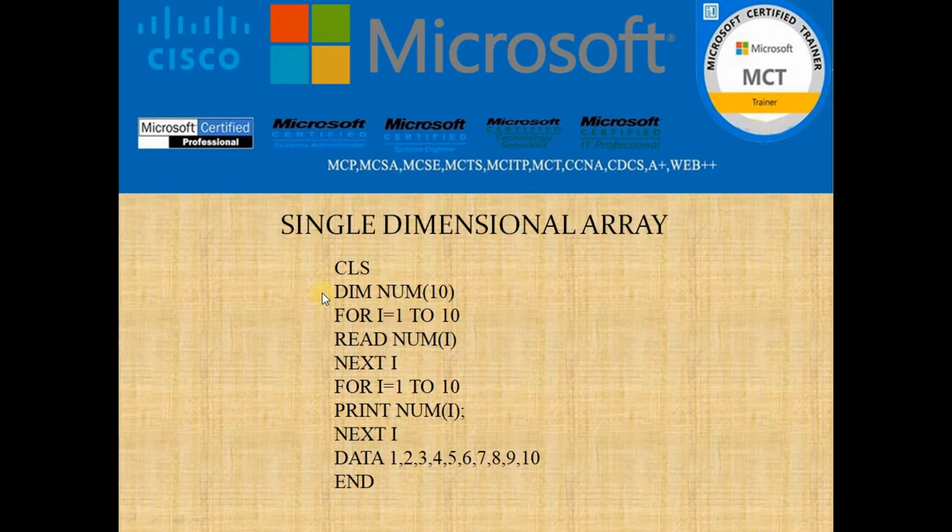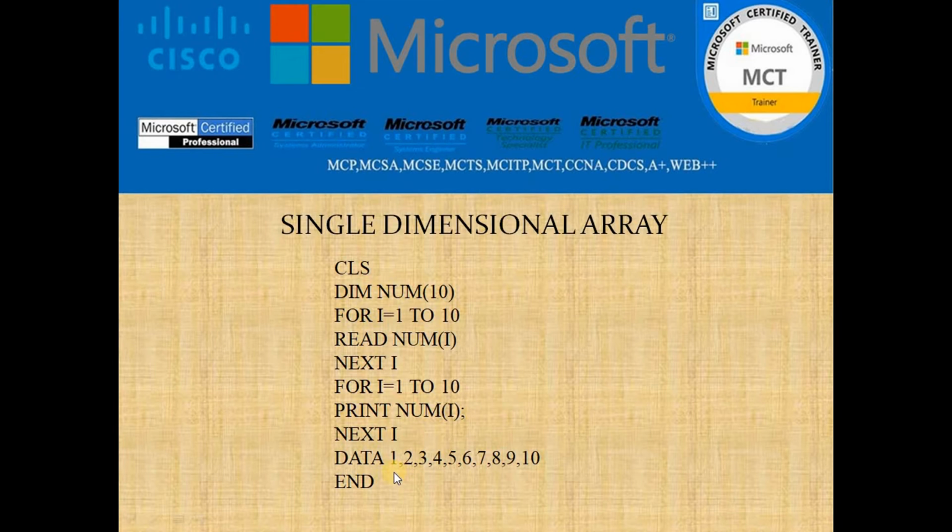Now after that, this first block of code is simply doing the work of reading. So after that, I need to go for the printing as well. So that's why for I equals 1 to 10, subscript is 10. And then what I'm doing, print num. What is the name? This num. Num is the name of your array. And what is the value that you have over here in the form of your subscript with the help of your loop? This is 10 actually. So first it is going to print